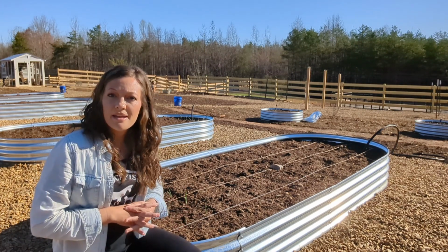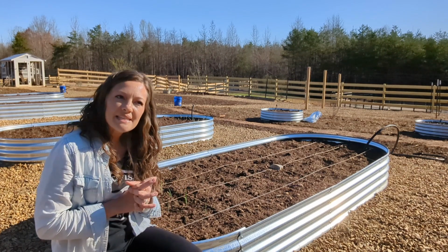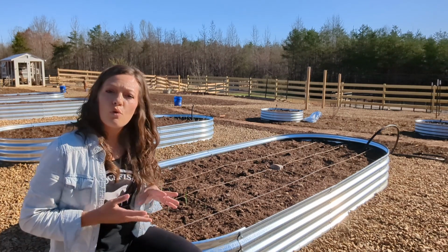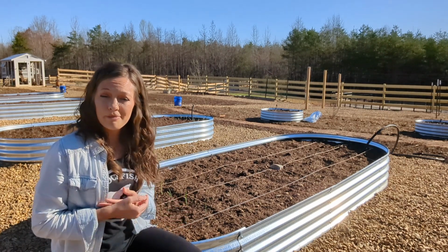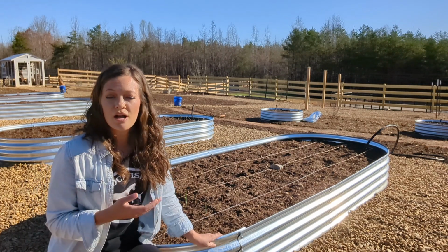Let's talk about layout and making a plan, right? So that's what you want to do. I would sit there and think about what things you want to grow. What are you going to eat the most of, or what do you think is going to be something that you're going to really enjoy growing in your garden? You're probably thinking tomatoes, you're probably thinking peppers, you're probably thinking maybe some lettuces, some squash,